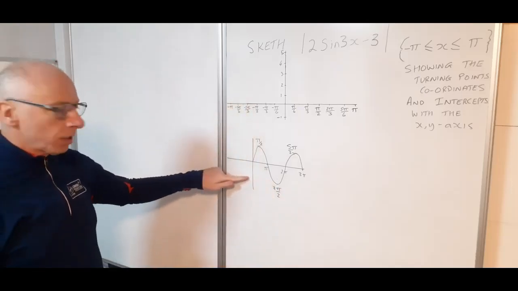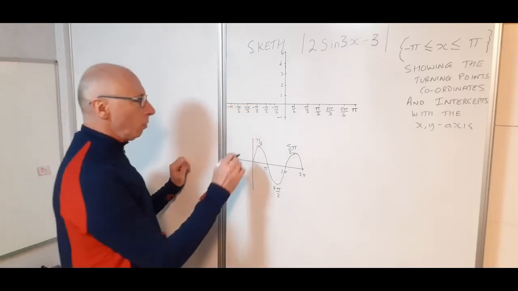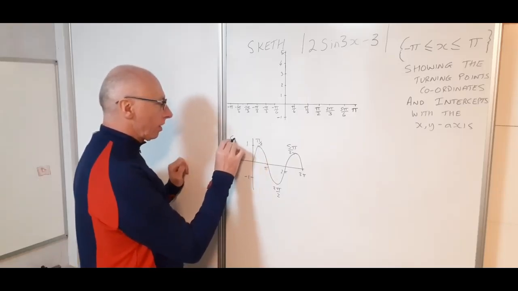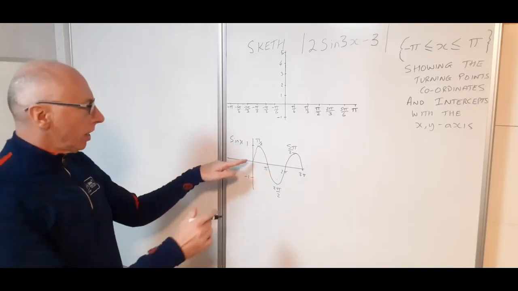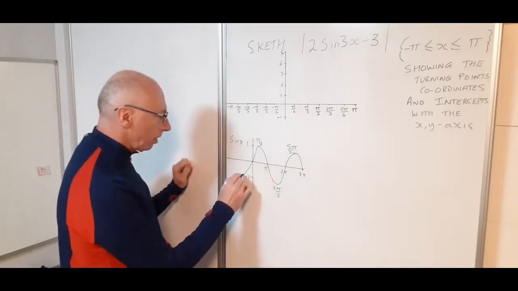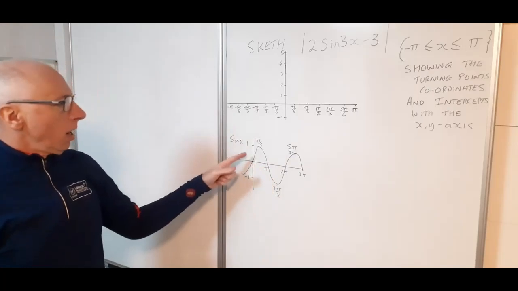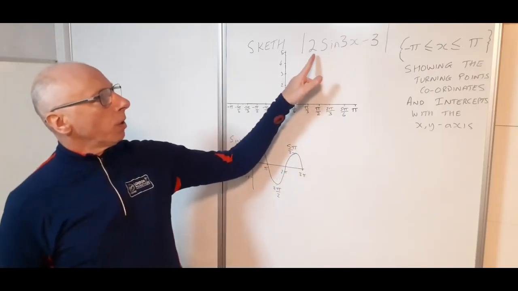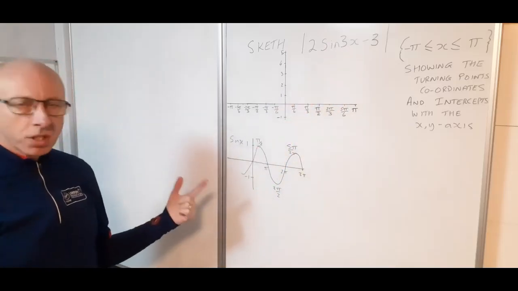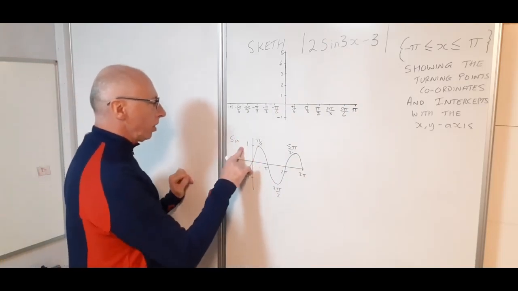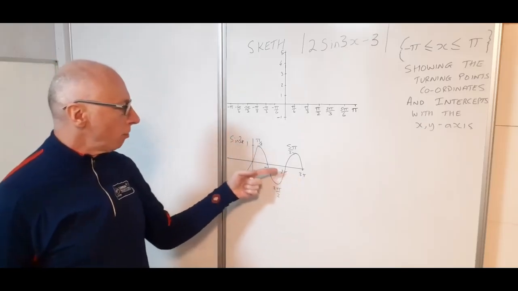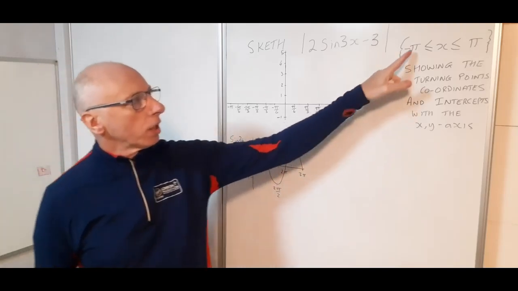Now the maximum points on the y-axis for my sine will be 1 and minus 1. So this is sine of x. And like I said, to get these points here, I'm going to rotate it 180 degrees about the origin, so it will carry on down something like this. Okay, so now I want to go from sine of x to sine of 3x. If I now change this to sine of 3x, all I need to do, because I've thought ahead with my points here and only want minus pi to